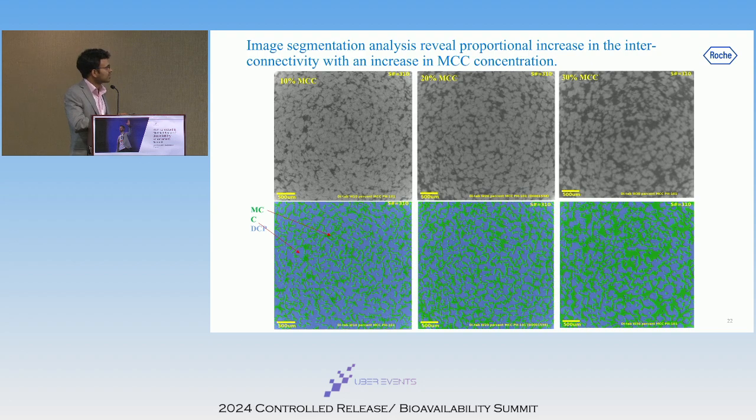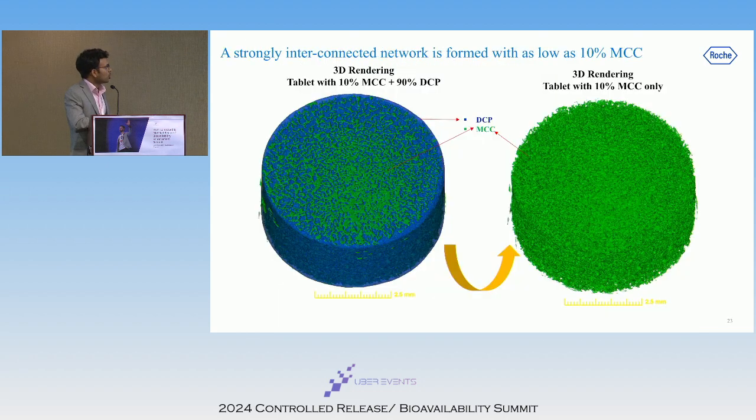And what we see here on the top panel are the original 2D scans of these images containing 10 to 30% MCC, and the bottom panel is that of the segmentation analysis. And remarkably, even with 10% MCC, we see this incredible interconnectivity of MCC network within the pure DCP tablet. And as the concentration increases, the interconnectivity increases substantially. So we wanted to visualize the